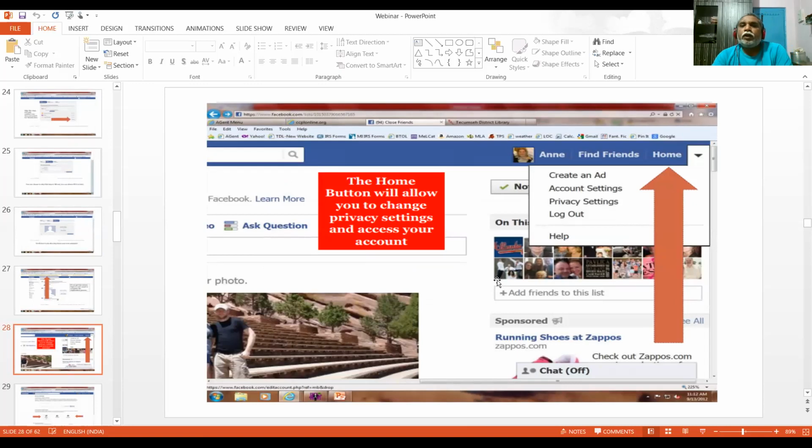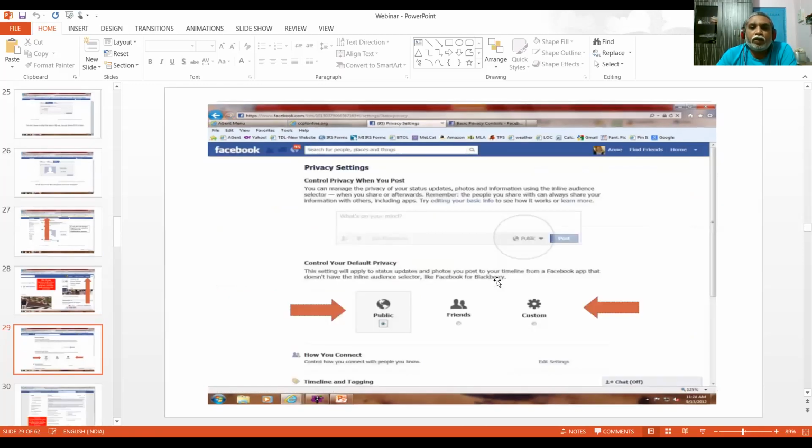In Facebook, the most important tool is the privacy settings and access to your account: who will check your account, who will see your account. In that manner, you can select your privacy settings, like public, private, only friends, customized, meaning selected friends.